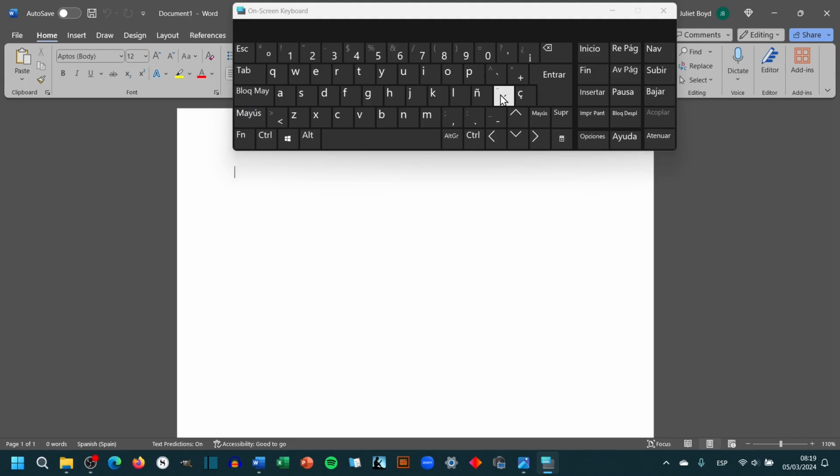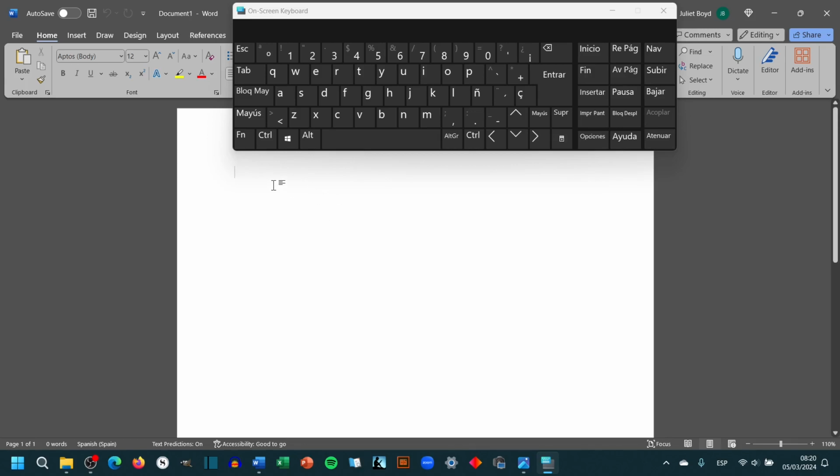You also, on this, have the upside down punctuation. So you'll see here you've got an upside down exclamation mark, and on the shift you've got an upside down question mark. The right way round ones are on the number keys. So in my opinion, this is the best keyboard if you're doing multiple Romance languages, or at least the ones that I'm learning, because it has everything I need for those on the one keyboard.